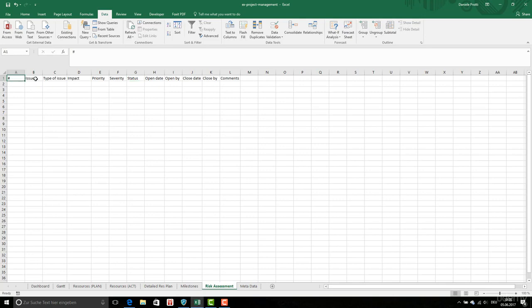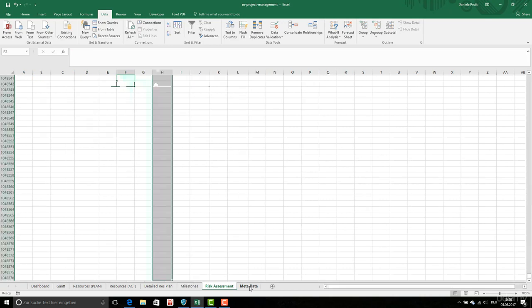This is a number, this is an issue, the type of issue, impact, priority, severity, status. I will skip the definition of this for you at the moment, but I'm going to define it in the master data, in the metadata. I created here data validation for the open date,